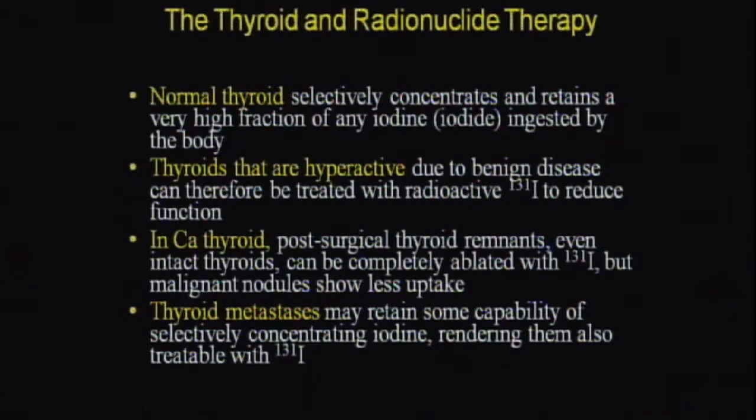So obviously, the thyroid and radioactive iodine: we use radioactive iodine even to visualize sometimes the thyroid itself, because the amazing fact is that the thyroid is extremely efficient at extracting iodine from the blood. Nearly a third of the iodine is taken up in the thyroid once it's administered orally. Thyroids that are hyperactive take up more of the radioactive iodine. And so in goiters and benign disease, we sometimes treat them with radioactive iodine if there's a contraindication, for example,